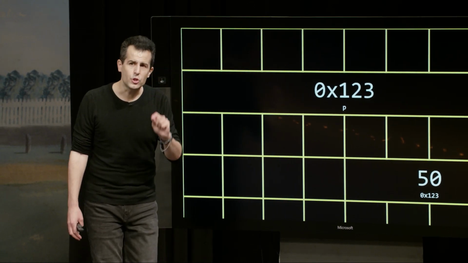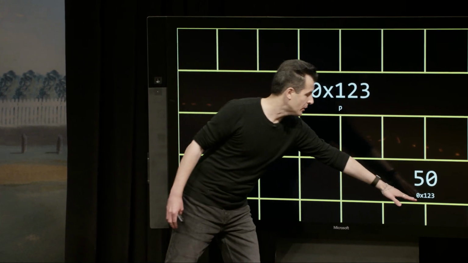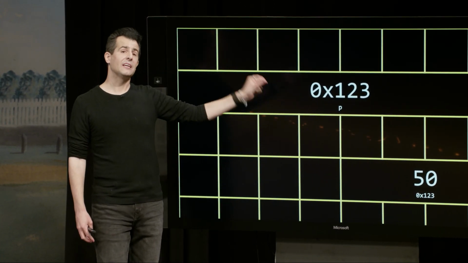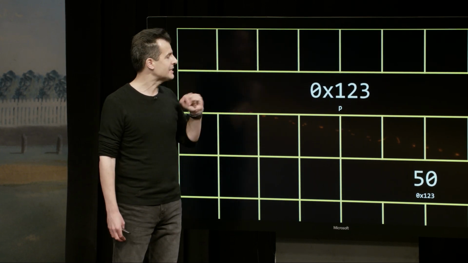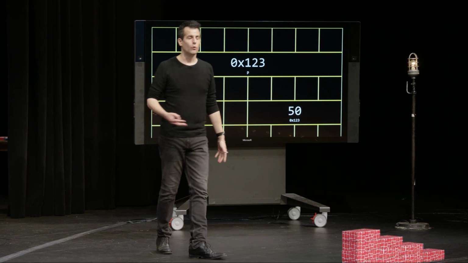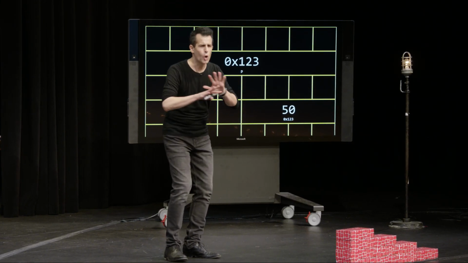So if the integer n, which itself is storing 50, is at location 0x123, and pointer p is being assigned that address, it's just like saying, well, stored in this variable p is literally just a number represented here in hexadecimal notation, 0x123. So that's all that's going on inside the computer's memory with those two lines of code.